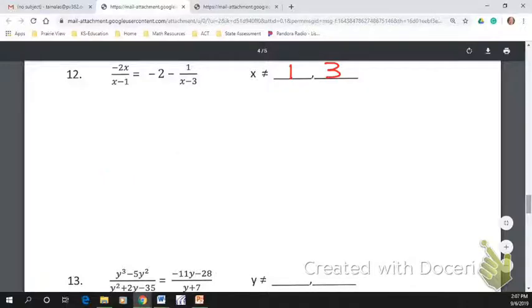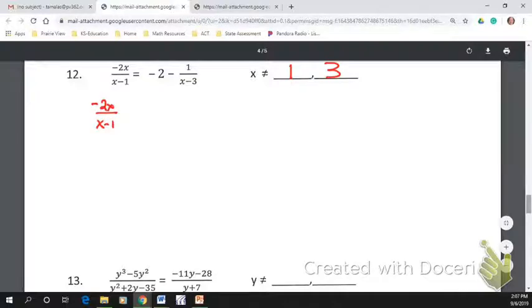X minus 1, x minus 3. Yeah, x minus 1 times x minus 3 would be my common denominator. So I'm going to rewrite this thing, and I'm going to put some space between each term, and then I'm going to multiply each term times x minus 1 times x minus 3. So the original problem is negative 2x